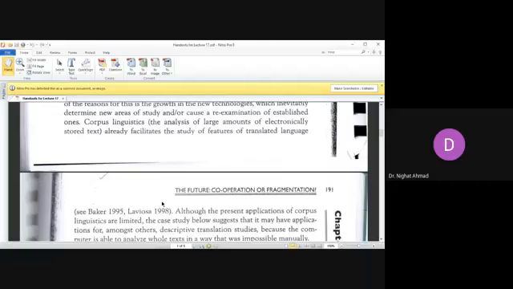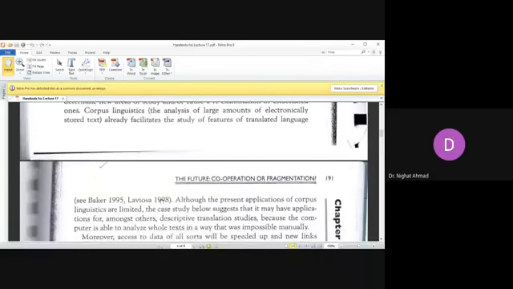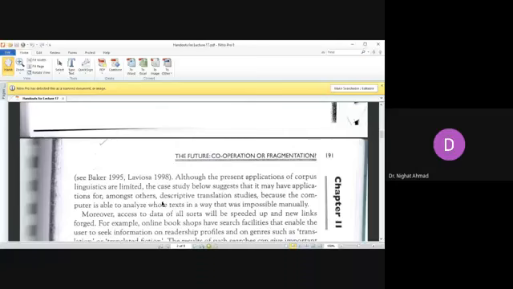Where he talked about norms and pairs of source text and target text, these would be available in the computer software as well. And then you'll see that the present applications of corpus linguistics are limited. The case study below suggests that it may have applications for, amongst others, descriptive translation studies. It would have applications for descriptive translation studies because the computer is able to analyze whole texts in a way